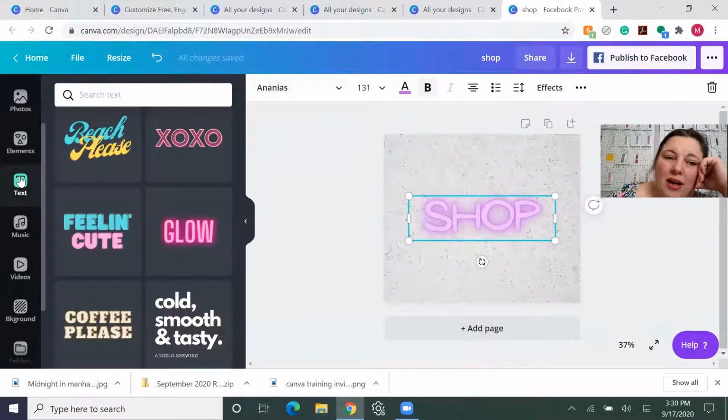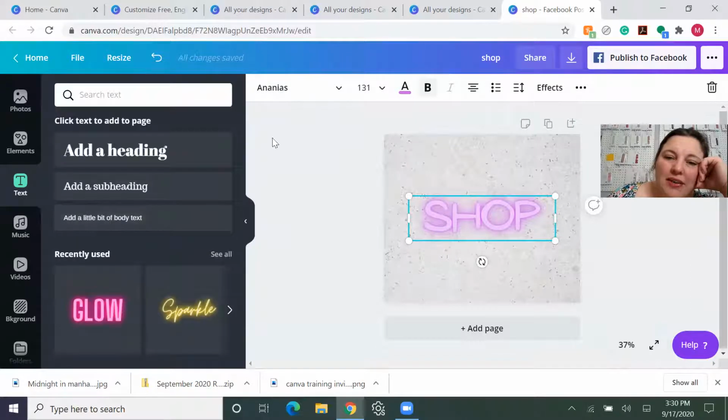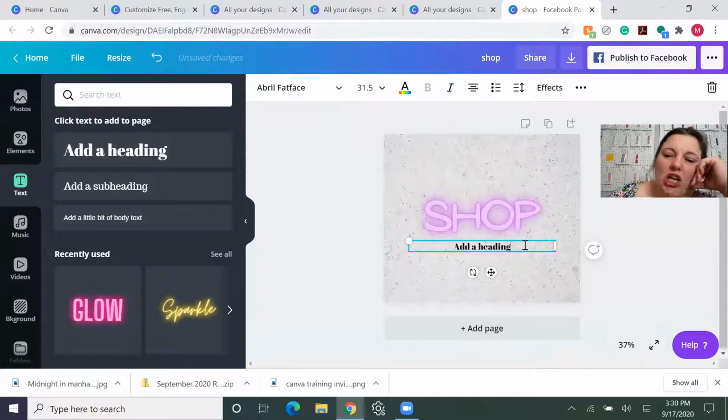Okay, so otherwise, with text, you can just say you don't want to use any of those things and you just want like black words. These, add a heading, add a subheading, add a little bit of body text. All of these are the same. You just start with a bigger one, but look how small it shows up. That's the heading one. So I'm always like, what? So you have to delete what it says. I always delete what it says and write what I want to, like shop, party,